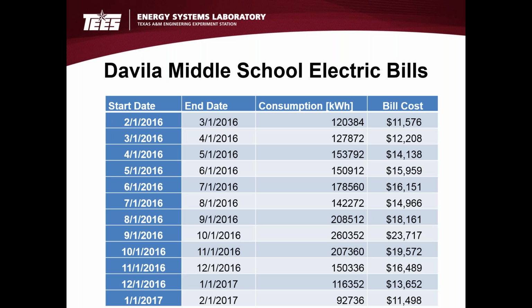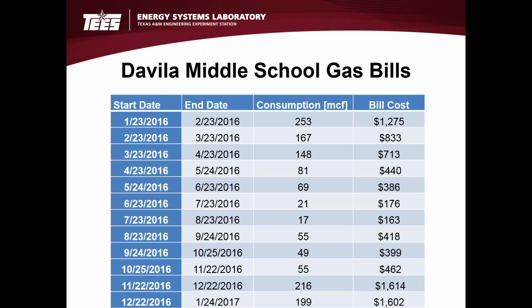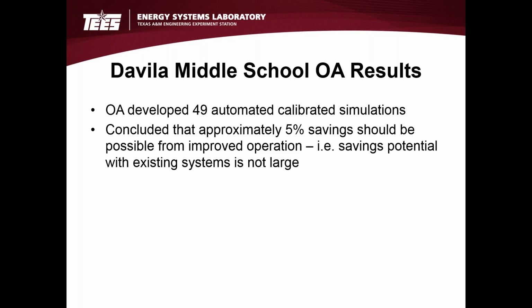Then in addition to that, we had a year of utility bills. In this case here, the electric bills for the school for a year. And you can see that those are running generally between $10,000 and $20,000 per month. We use that. We also use the gas bills, which are much smaller in this case. They basically provide heating in the building, and we don't have a lot of heating requirements here. And so that information was taken,